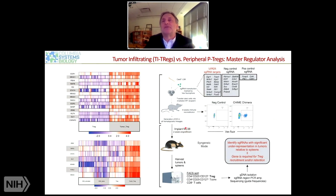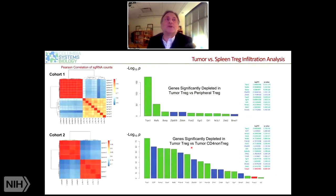This is a very aggressive colon cancer model. And then you look at whether there was a difference in peripheral versus tumor-infiltrating T cells. And so we did this in two different cohorts. The second one with cells that were filtered with a reporter from the first cohort and then reimplanted. And you can see striking correlation between the results in terms of the profile of representation of the different master regulators